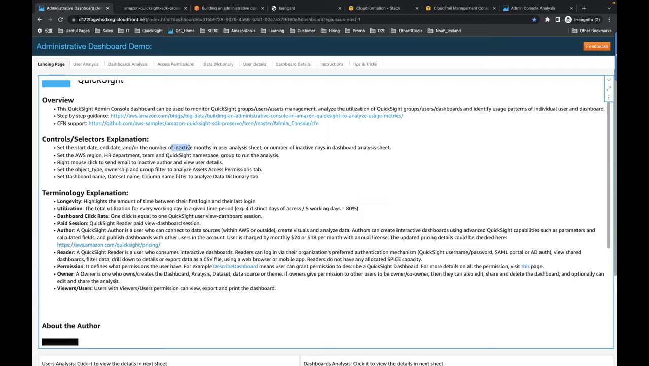But for authors, the QuickSight license is monthly. So that's why we would like to monitor the inactive authors and let them know, hey, you didn't do anything. You have to do something. Otherwise, I will not continue to pay for your license. So that's why for the user analysis, we